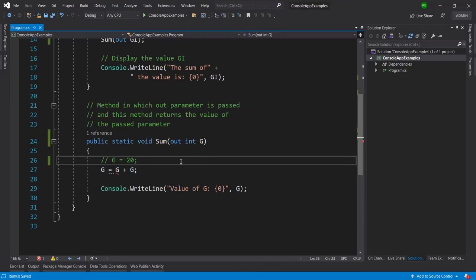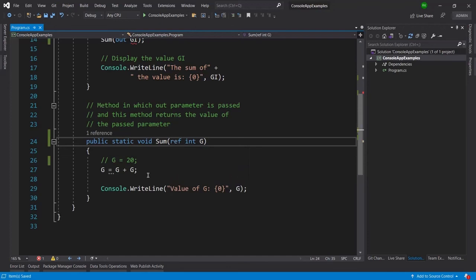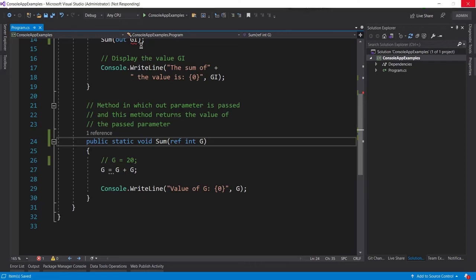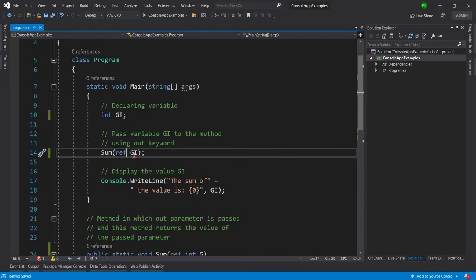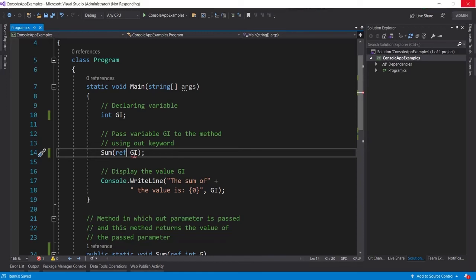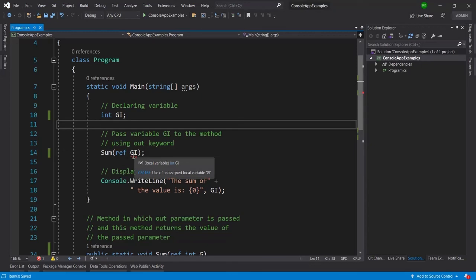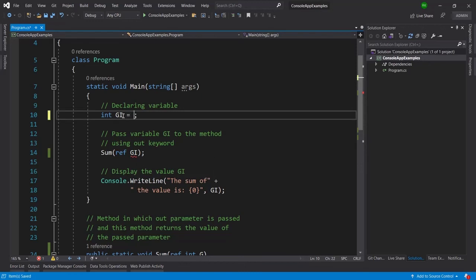Okay, and one more thing, when I use ref, you will see that here we are not getting an error, but here I will get an error, and that error is that we must initialize the value of GI. You can see here: use of unassigned local variable GI, so I must initialize it here.